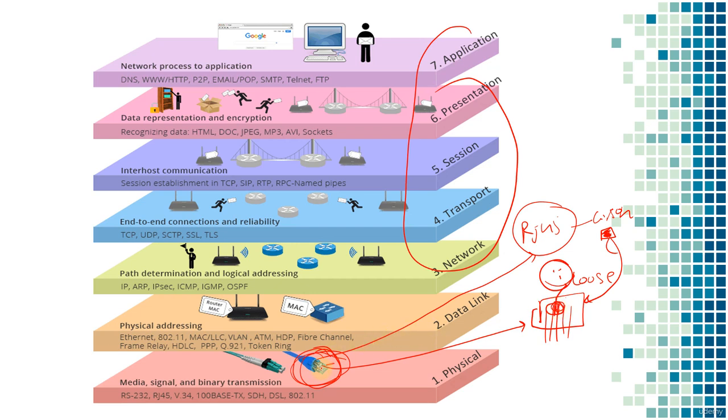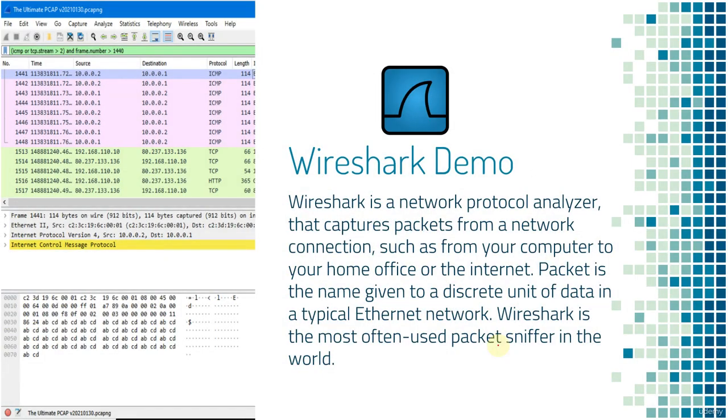The solution was I just ripped it off, and then I spliced it again. Then it worked. Okay, so you can come across many scenarios once you are working in a production environment. So let's do a Wireshark demo, and I'm going to see you in the